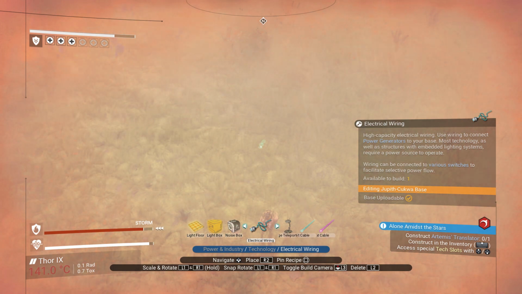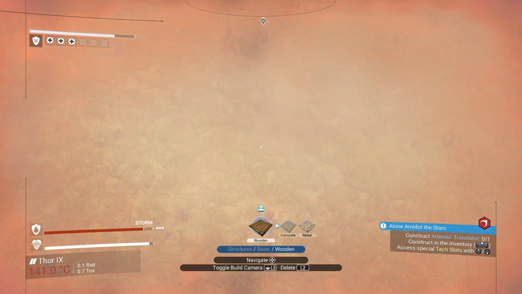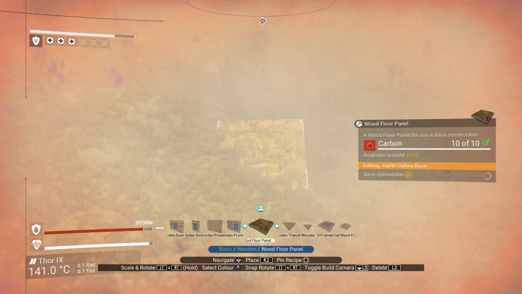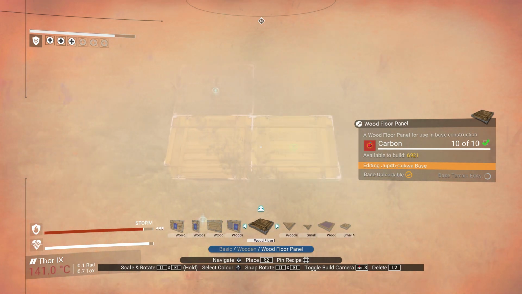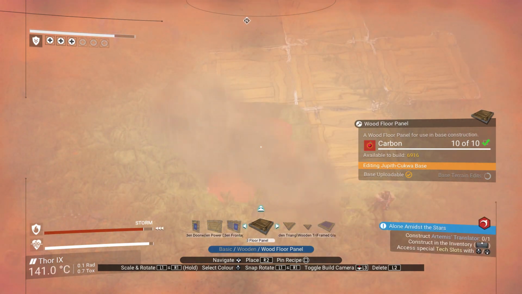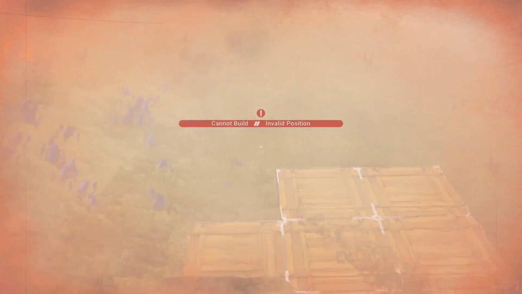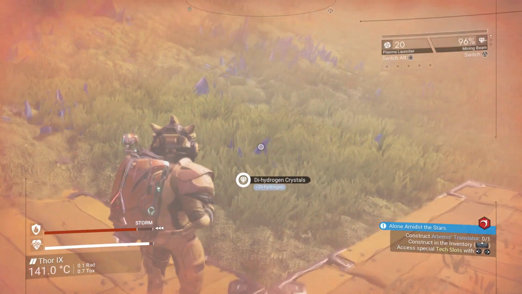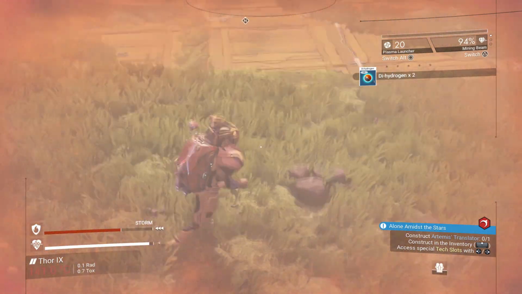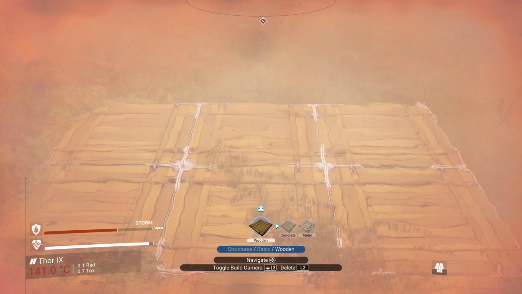and what I do is I lay flooring down. You don't have to, but it's just what I do because it's, for me, it's a bit neater. I always go for the wooden floor panels. Hotspots about there. Now I'm not going to build a massive farm. I need to clear that. I'm going to start laying down my